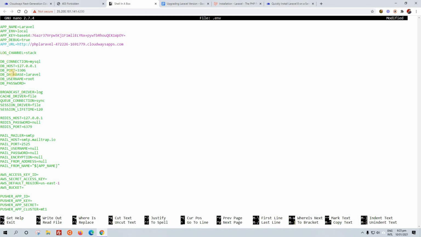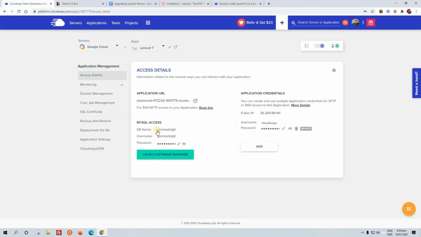Now we are going to go to our DB database. That is the database name, the username, and the password for the database. These are the three final entries. How are we going to know what these entries are? We go to our application. These are all listed here.